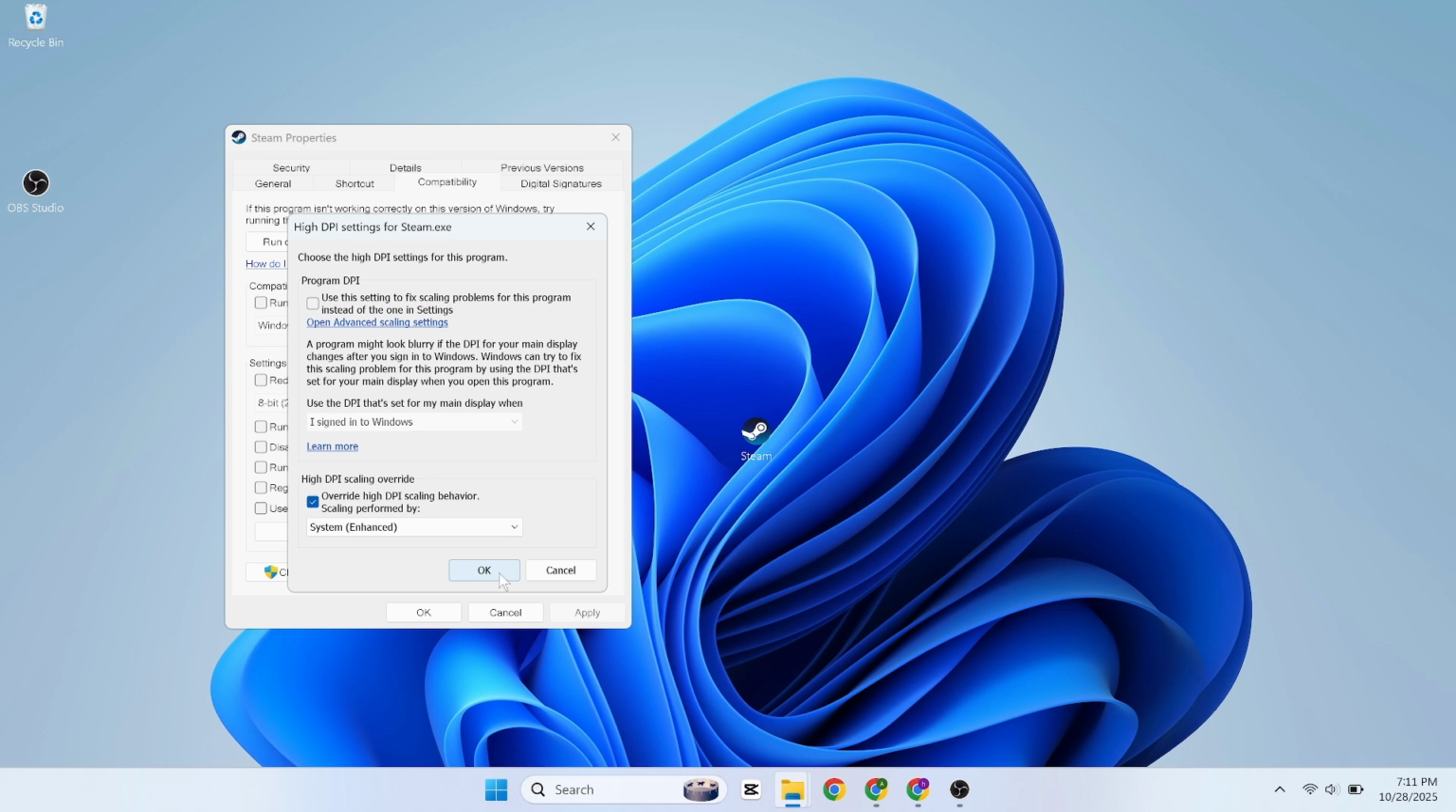Once you have selected System, click OK on the High DPI Settings window. Then click Apply and OK on the main Steam Properties window. Now, relaunch your Steam client. These two advanced methods address the most common root causes of Steam flickering on modern Windows systems. One for graphics rendering and one for display scaling. Your Steam client should now be running smoothly and